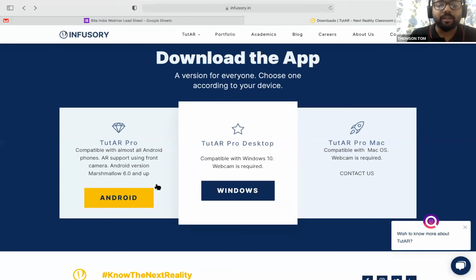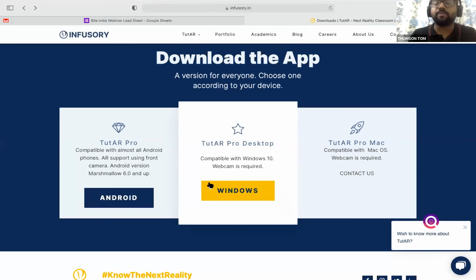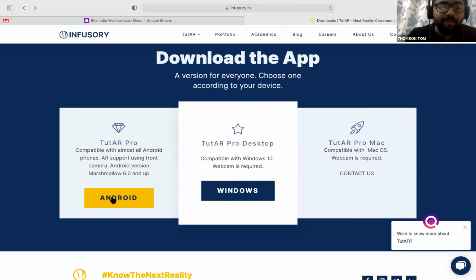When you click the Windows button, a pop-up will appear sometimes asking whether you can download it or whether it is harmful to your computer. Just click more information or advanced information, then click run anyway or allow. It will be downloaded. And for the Android application, you can click it and directly download it.